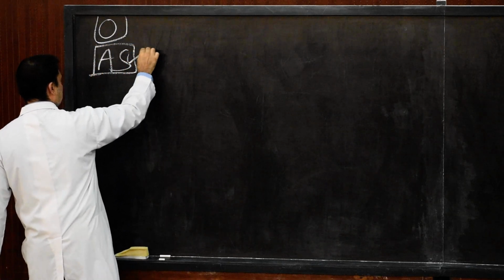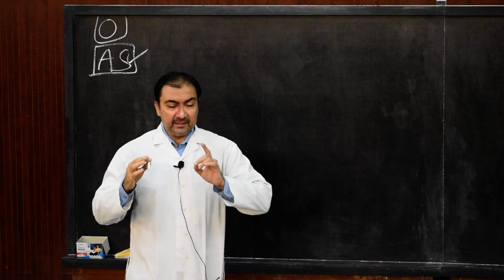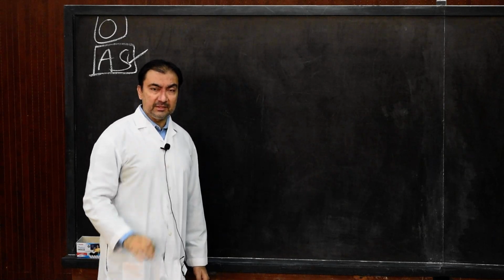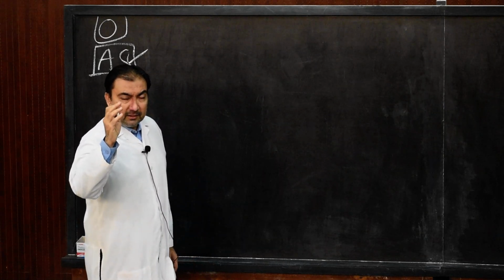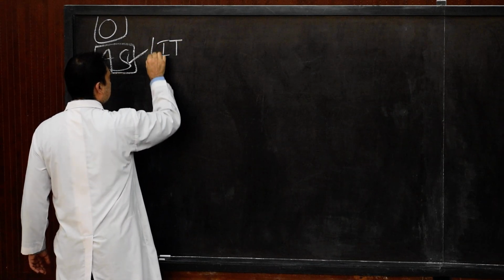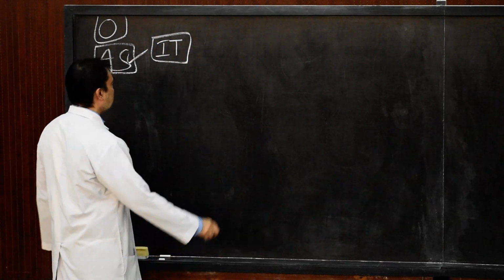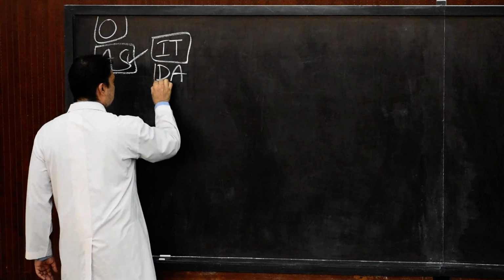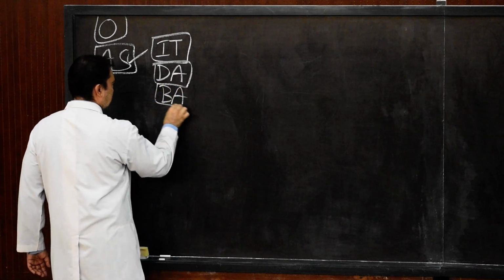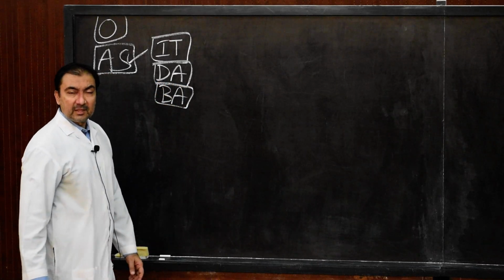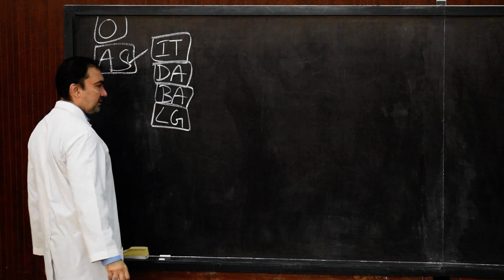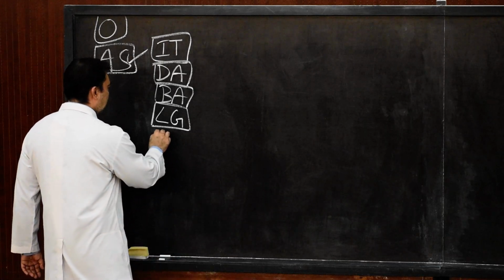Now in the arterial supply, please note down all the arteries because these questions are asked in MCQs or in 1 mark question answer. The following are the arteries which will give blood supply to the esophagus. These are the arteries: the inferior thyroid, then we have the descending aorta, and then we are having the bronchial arteries. Then we will have the left gastric artery, and we are going to have also the blood derived from the left inferior phrenic artery.